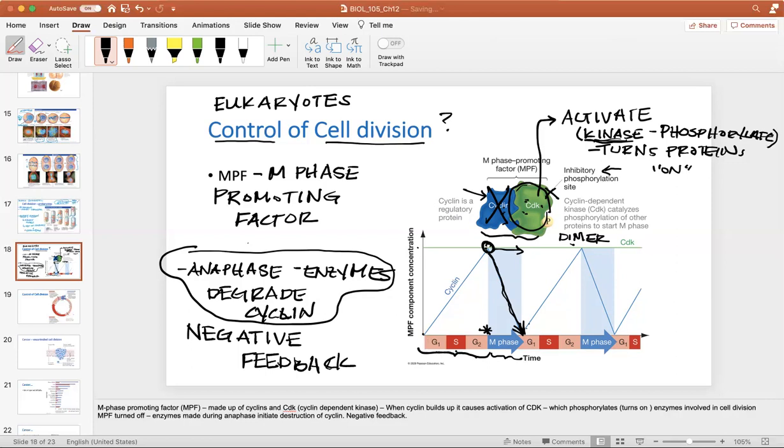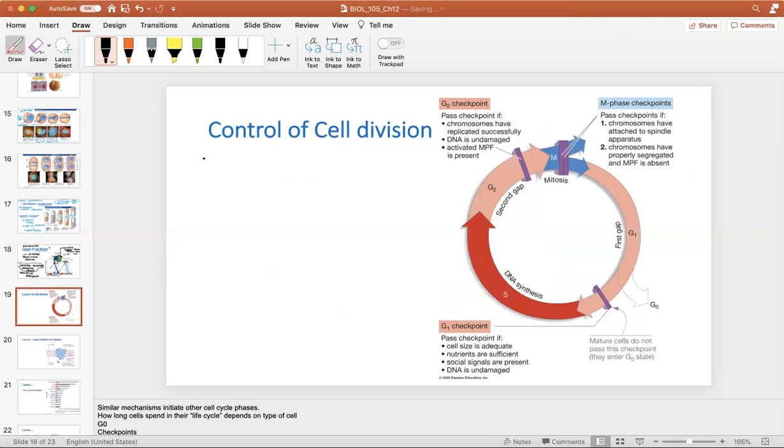So this is how we can go through, we build up our cyclin concentrations, and then when it reaches a threshold value, we start mitosis. Then some of the mitotic enzymes degrade cyclin to bring it down to the original level. Then cyclin gets produced again until it reaches a threshold. Then we start mitosis. Mitosis is going to create some enzymes that degrade cyclin to bring us back down, etc. Okay? Now, this cyclin CDK, let's put it here,